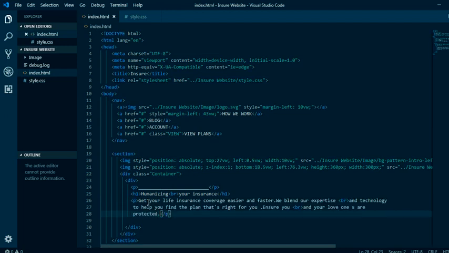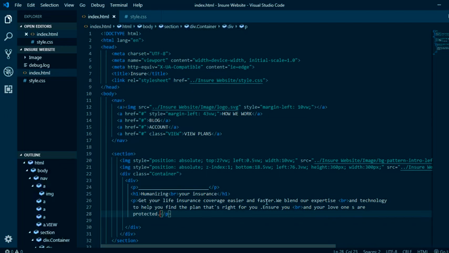Okay, we type in get your life insurance coverage easier and faster. So we introduce a break rule. So that is what we have typed. And next we introduce